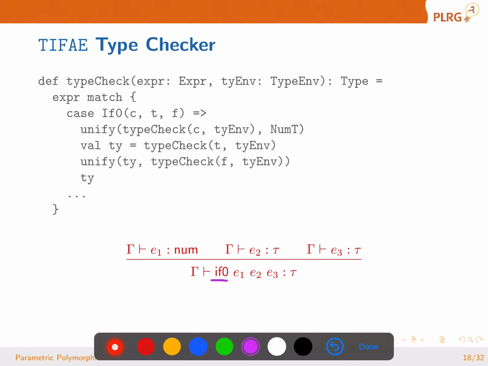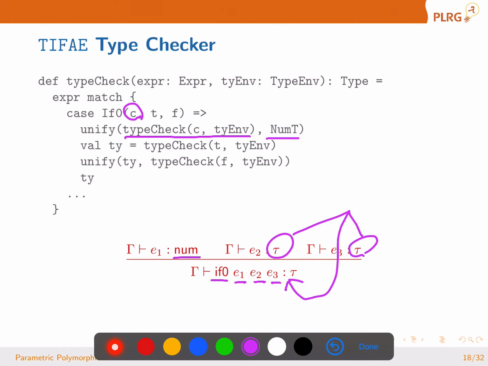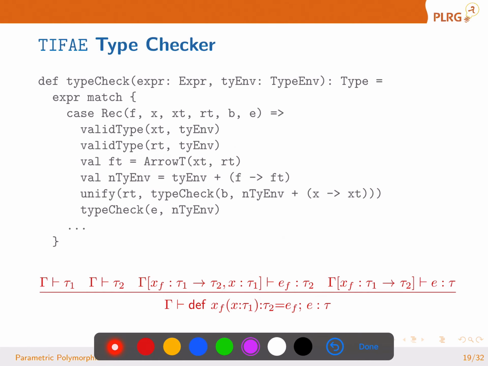If 0, the first sub-expression's type should be num type. The second expression and the third expression should have the same type. Which one, I don't care, but that's going to be the result type. So type check the second sub-expression, the true branch, and that should be the same as the last sub-expression, the false branch, and the type of the whole expression is going to be that type. Finally,